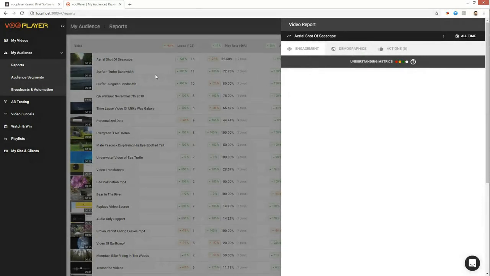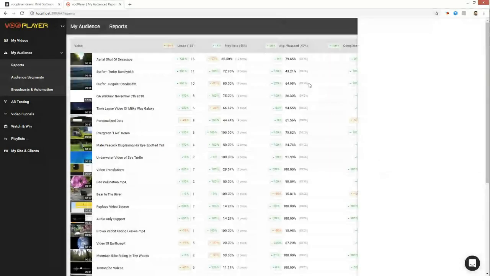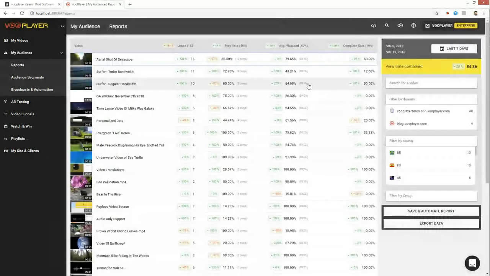But basically, the individual charts for all of the videos are going to be held in this pane, which opens up from the right-hand side every time you click on one of the videos in the dashboard. So hopefully you'll see, and if you feel that there is a particular chart which is missing, there's charts for views over time, and we can add percent watched over time, complete rate over time, et cetera. Those are probably great additions which we can add in the future.